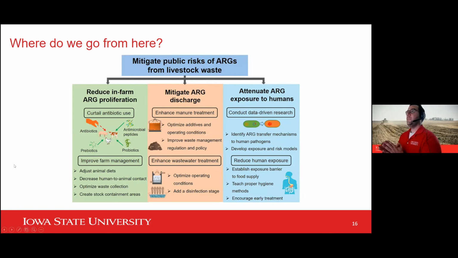So where do we go from here? Certainly, this is a topic where there's a lot of active research and a lot that we still don't know, or are trying to do better. Many people are trying to look at, is it possible to reduce in-farm antibiotic-resistant gene proliferation by doing different treatments that improve farm management? For example, looking at different animal diets where maybe we can, for whatever reason, get some